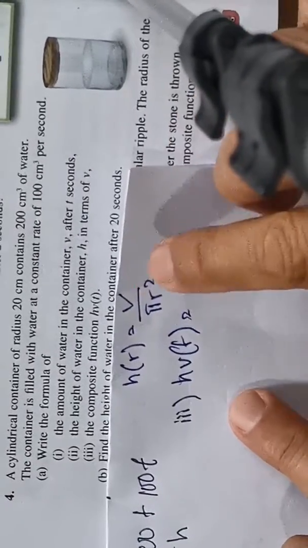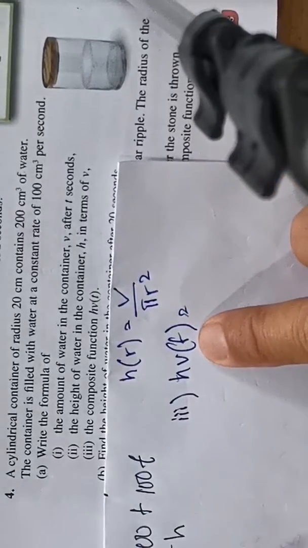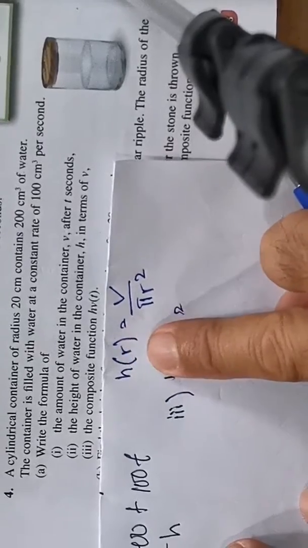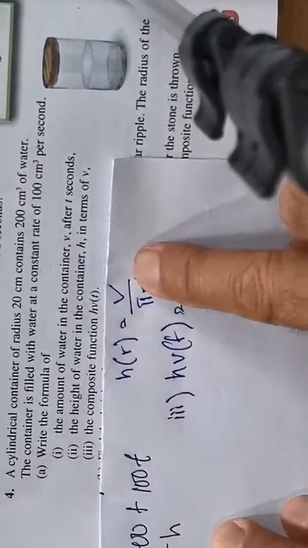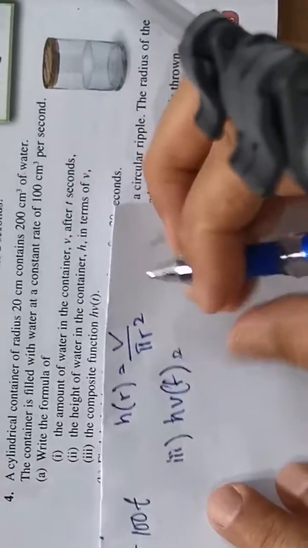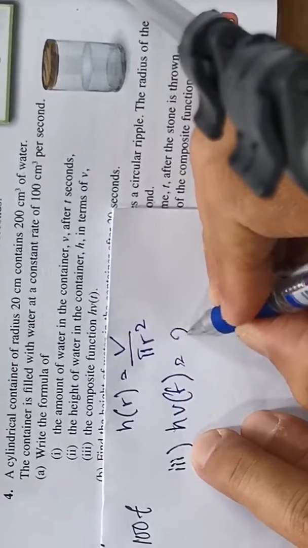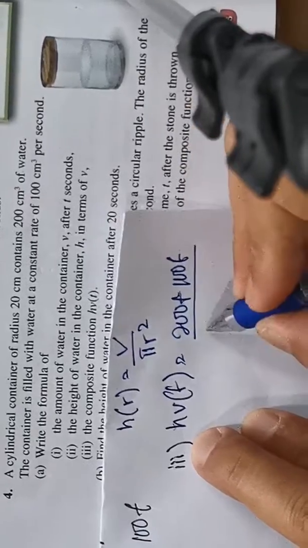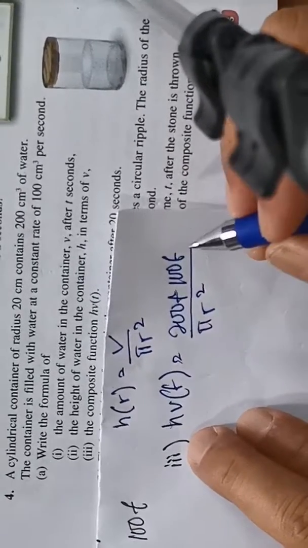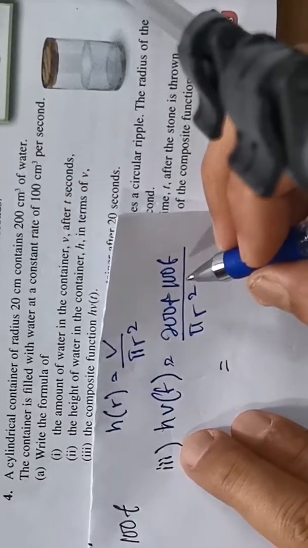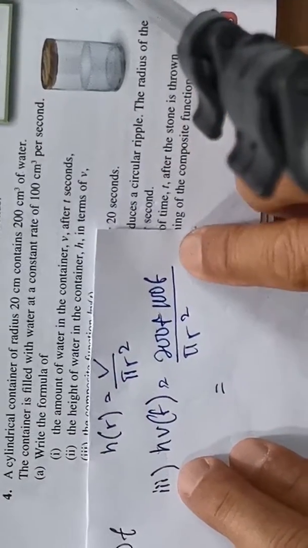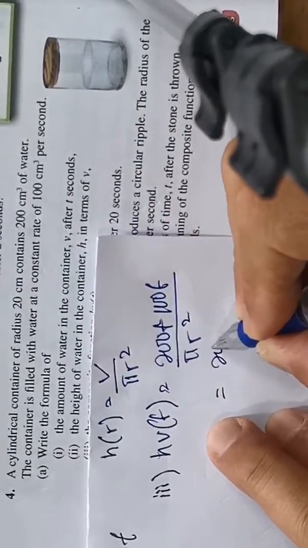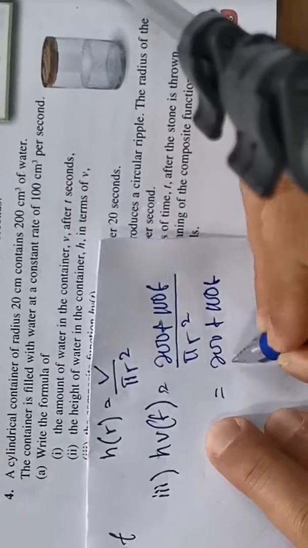okay, you replace V(t) inside H. Okay, so you place this inside here where V is. So H(V), so V is replaced with 200 plus 100t over pi r squared. And we already know that the value of r is 20. Radius is 20. Replace. So 200 plus 100t over